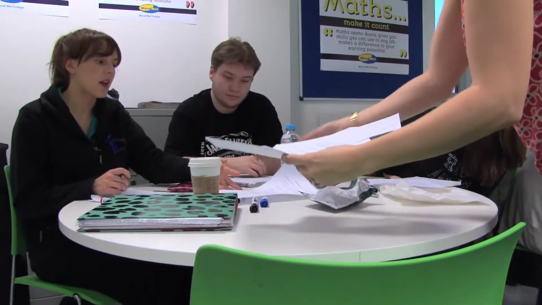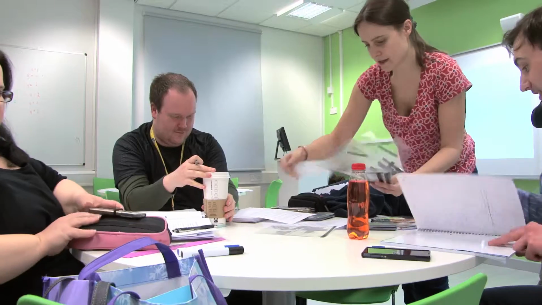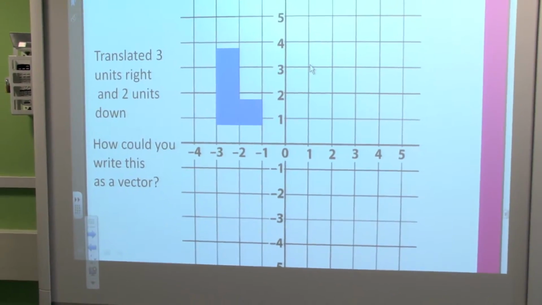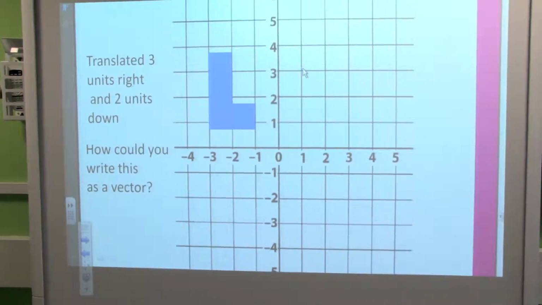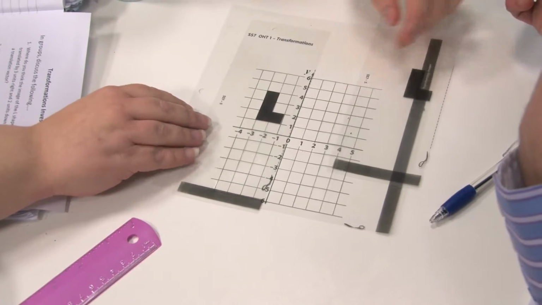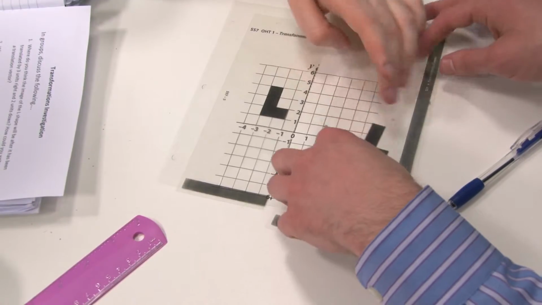I'm just going to give you a handout on your tables, okay, so you can all see those. We've got transparencies and we've got shapes. Okay. That is the first question and the first position of your shape. One to show where it started, and one to show where it finished. So 3 across is 1, 2, 3. So what is it?